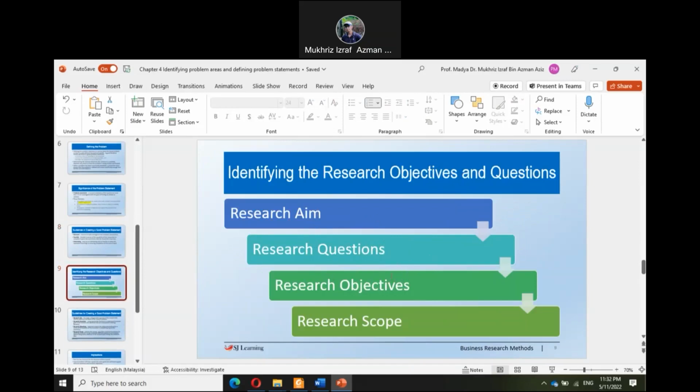For this part, how to prepare your RQ and RO, what I will do in the next lecture is show what the RQ and RO were for the previous semester's assignment. So even though you are basically replicating, kamu ulang balik kajian yang lepas, okay,